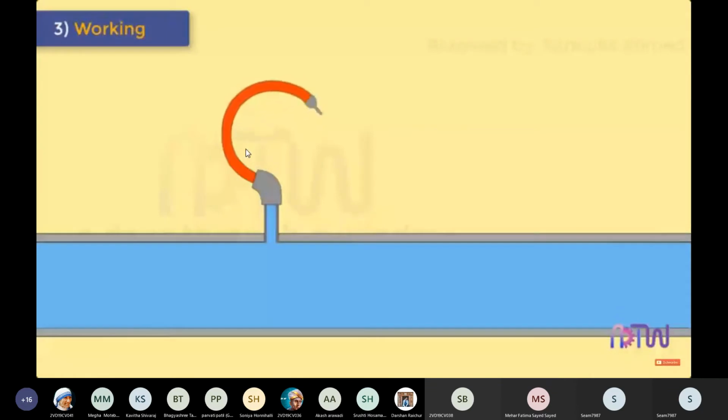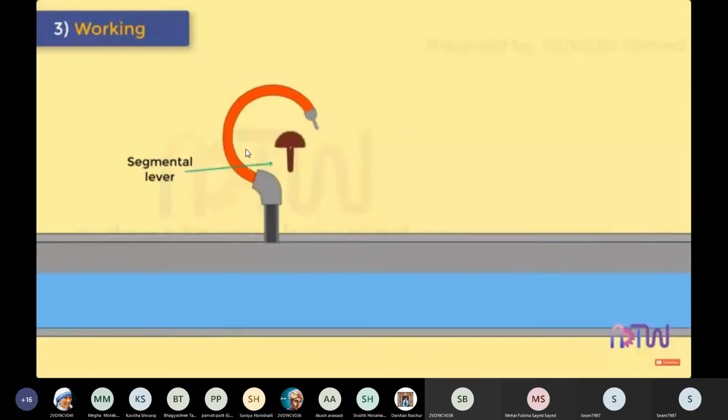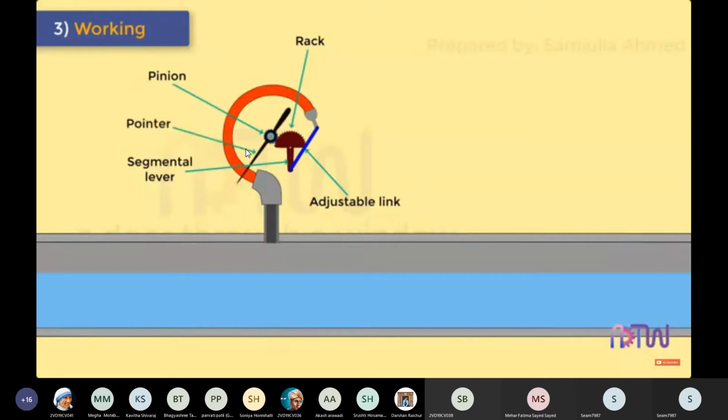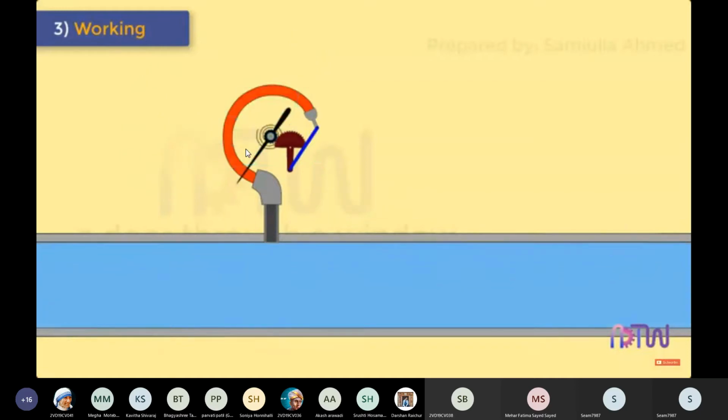The tip of the Bourdon tube is connected to a segmental lever through an adjustable link. The segmental lever end on the segment side is provided with a rack which meshes with a suitable pinion mounted on a spindle. The segmental lever is suitably pivoted and the spindle holds the pointer. The resulting movement of the free end of the tube causes the pointer to move over the scale.